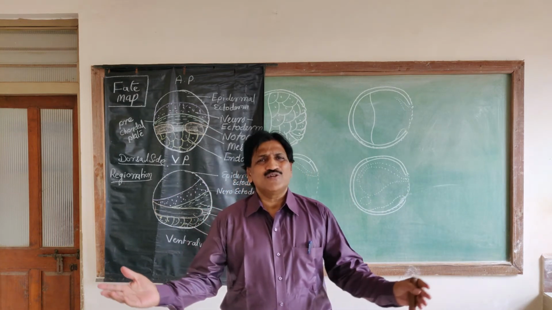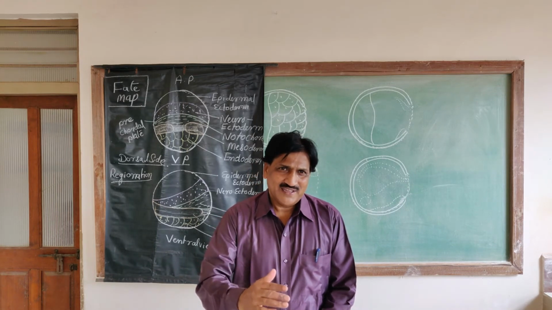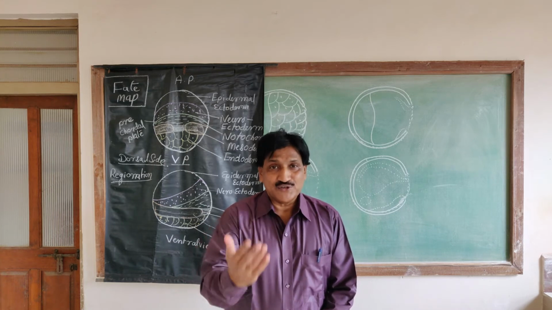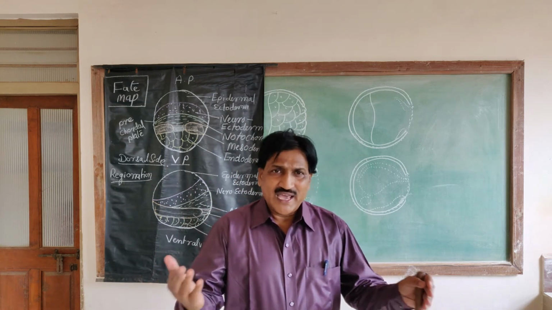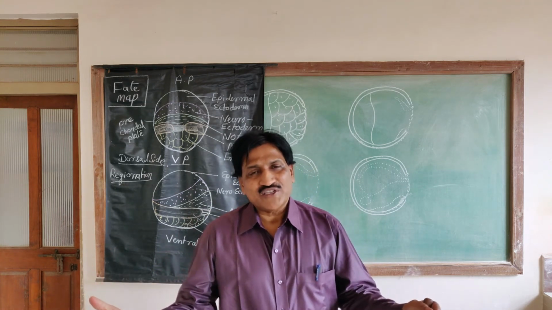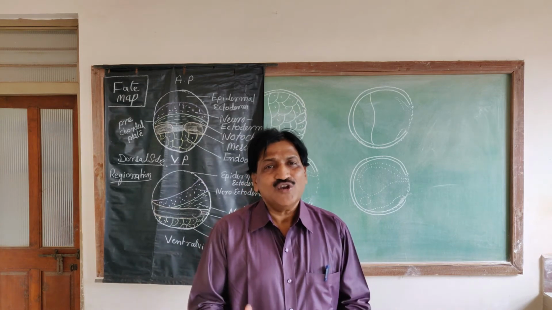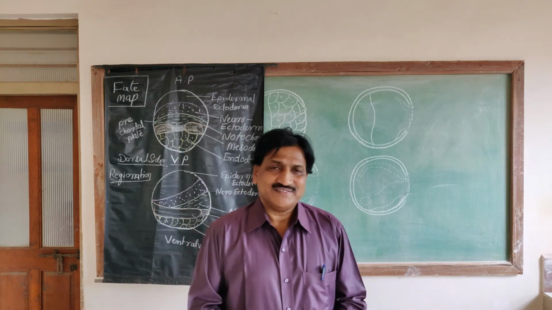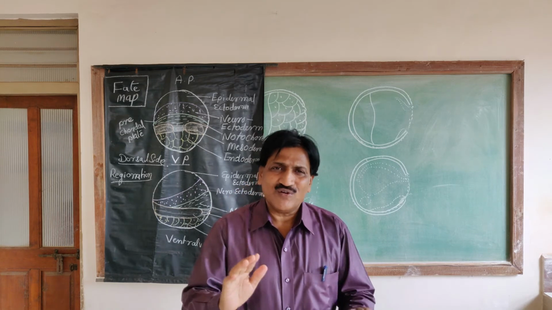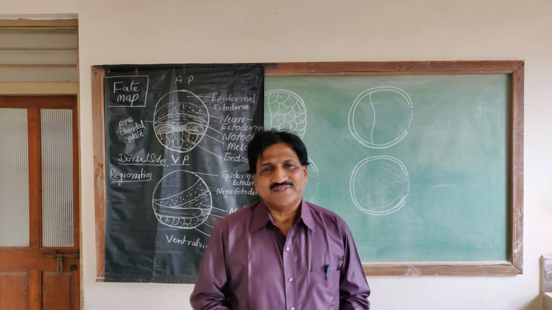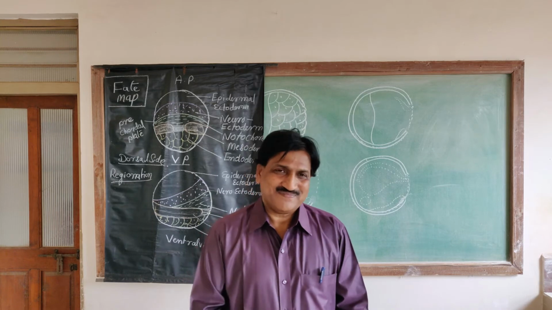Okay, you have to write 5 to 6 points. That's all. What are the organs developed from the animal pole as well as the vegetal pole? At the vegetal pole, the micromeres develop into the endoderm. Above the macromeres, there is an area that develops into the notochord. Between the notochord and the endoderm, there is a small area called the precaudal plate. On either side of the precaudal plate, there is an area called the mesoderm.